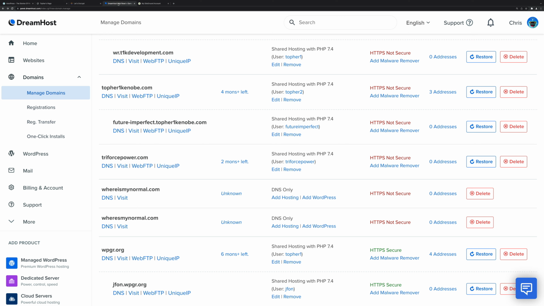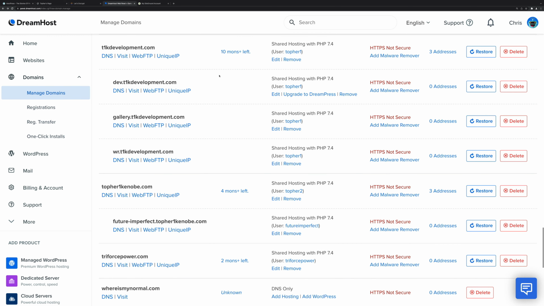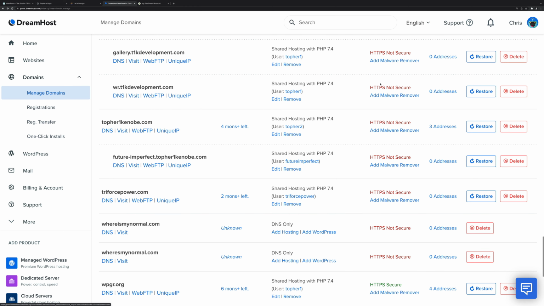We are here at DreamHost under the Manage Domains section, and I have many domains, and you can see most of them don't have HTTPS. A lot of them are just parked. There's nothing there, or they're hosted somewhere else, and I don't care, whatever. But Triforce Power here is my daughter's domain. She doesn't really use it much. It is not running HTTPS, so I just click right there